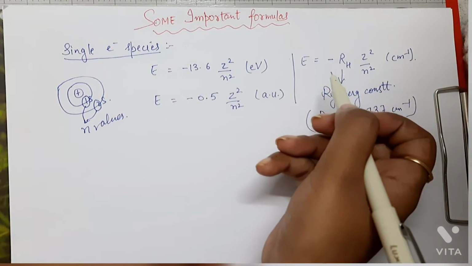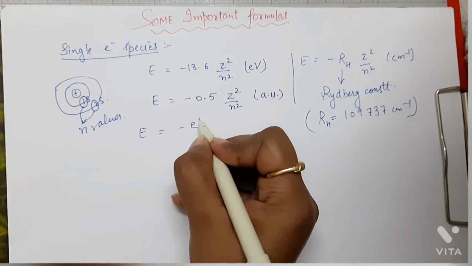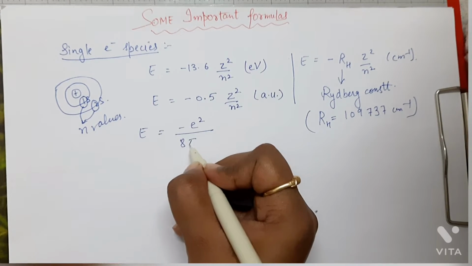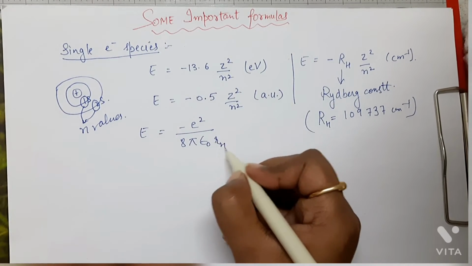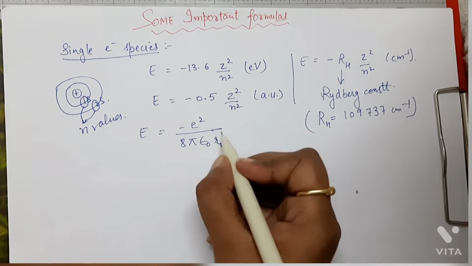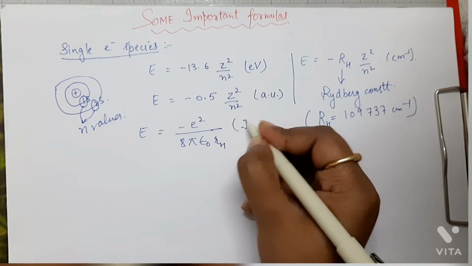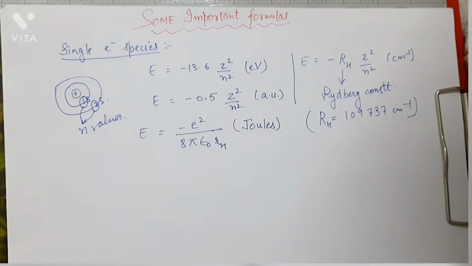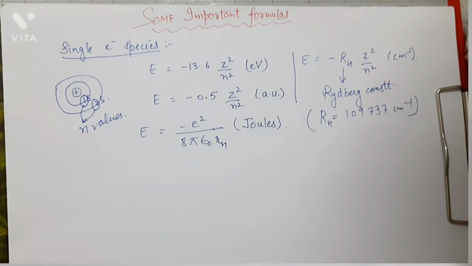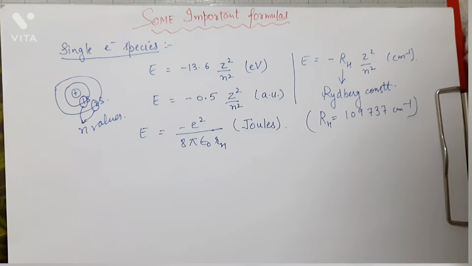This is the third formula, and there is a fourth one also. E is equal to minus e square by 8 pi epsilon naught Rn. Rn is the radius of the nth orbital, and the energy we are going to find out in terms of joules. So far these are the four formulas, and depending upon whatever you have been given, you can find out the